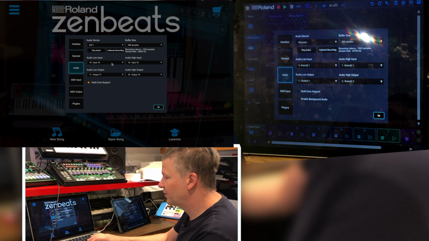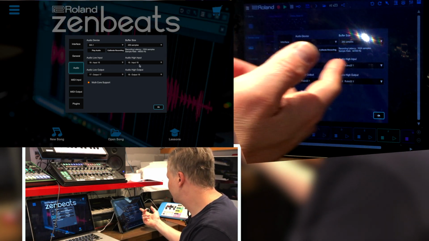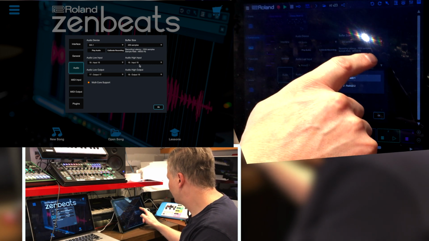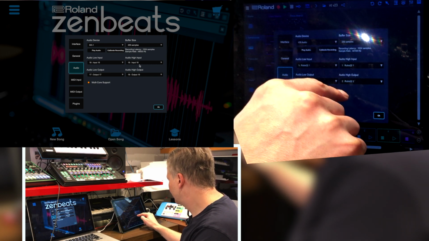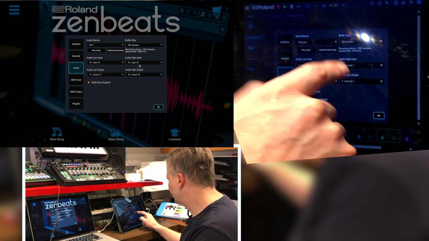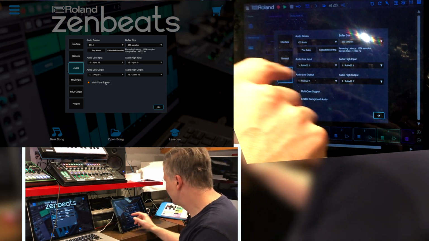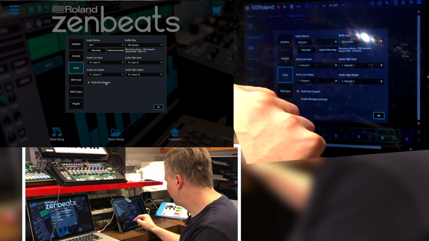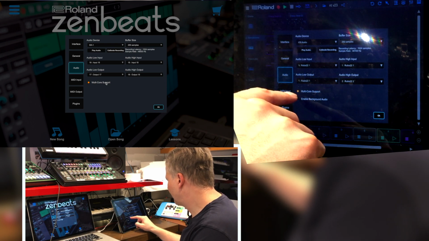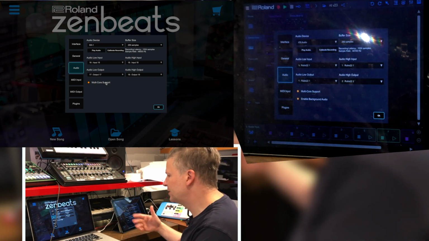And then you've got the audio input and output. In this case, my Rubix is 1 and 2, and 1 and 2 for the outputs. Same thing here, multi-core support. I don't know if I have this on the iPad. I'm going to try it out. Enable background audio. Let's try it out. Also, I mean, these are just